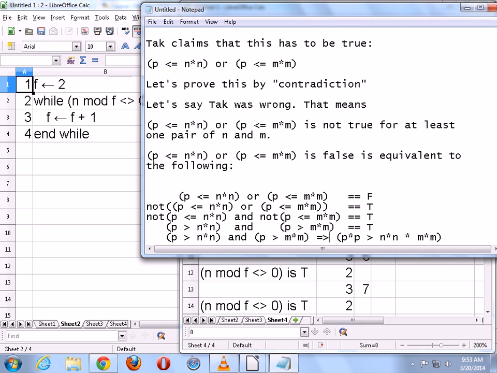If p is positive and is greater than n times m, which is also positive, and p is positive, m times m is positive, if I just combine those two and do a multiplication, the inequality should still hold. Is that making any sense to you? More or less? Why would you multiply them? Well, because then I can do something really funny in the next step.